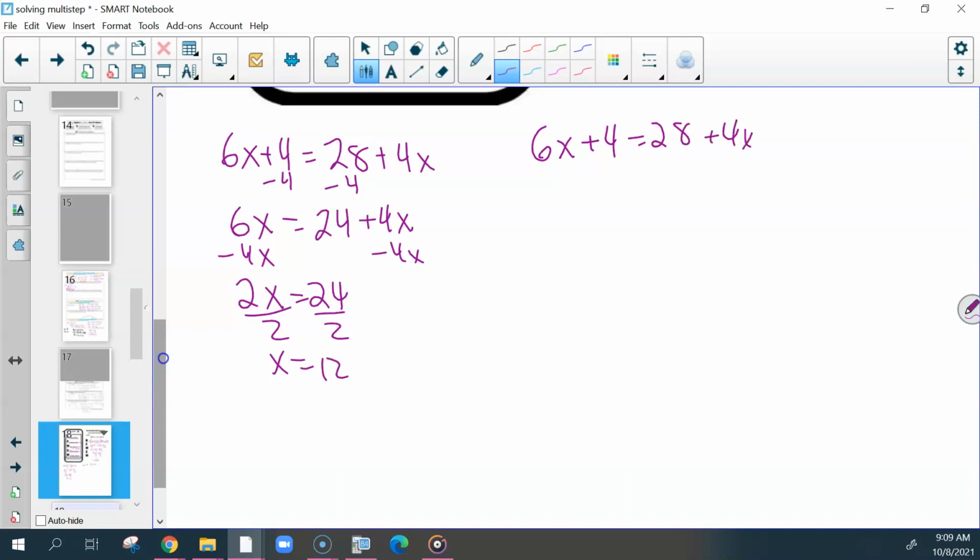So we move 4, we move 4x. We still have 2 others. So we'll do 28. This is a positive 28, so to do the opposite and move it, we have to subtract. So this would be 6x minus 24 equals 4x. And it doesn't matter which